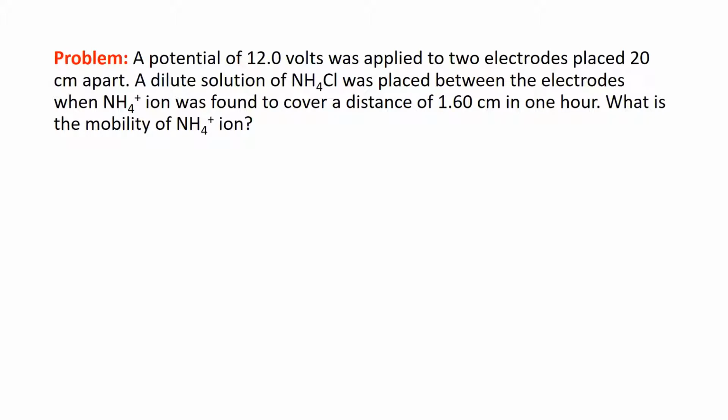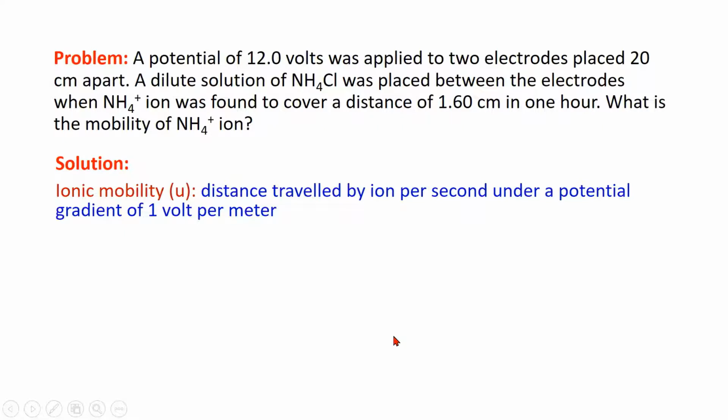Numerical problem. A potential of 12 volts was applied to two electrodes placed 20 centimeter apart. A dilute solution of ammonium chloride was placed between the electrodes when ammonium ion was found to cover a distance of 1.60 centimeter in 1 hour. What is the mobility of ammonium ion? Solution is